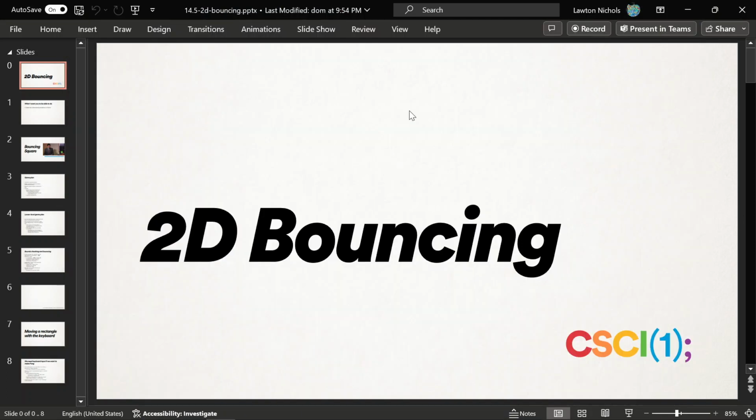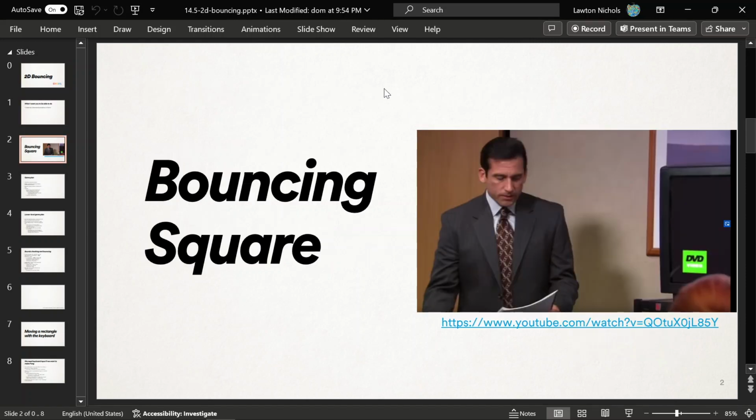All right, so let's make that thing bounce. Let's do 2D bouncing finally, just like we talked about on our last main programming lecture. So let me pull open my notes really quick. Sorry, it's in the wrong spot. So our goal was to do this thing from the office and have a little bouncing square moving